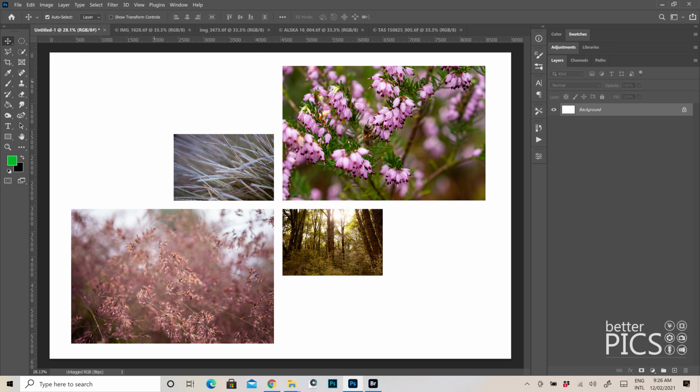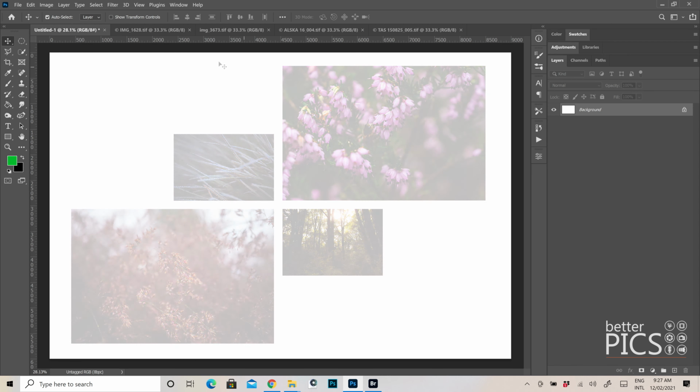Just wanted to create a very quick video today around converting images on layers to smart objects. And the reason that we want to do that is fundamentally there is no loss of quality when you're increasing or decreasing the size of your images within those layers or within that document. Now that may not make sense at all, but let's have a look at what it actually means and why